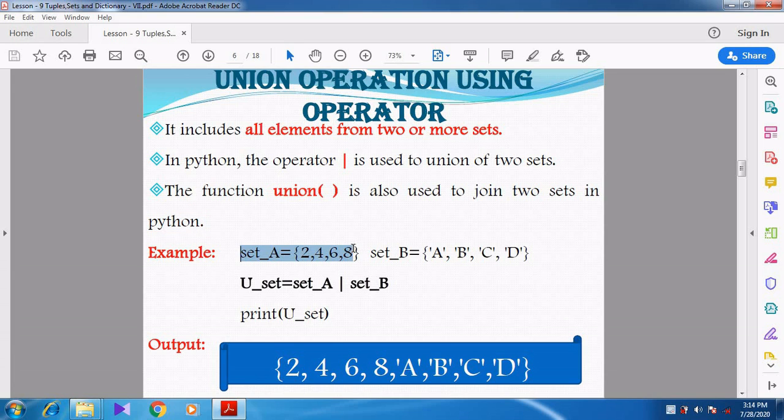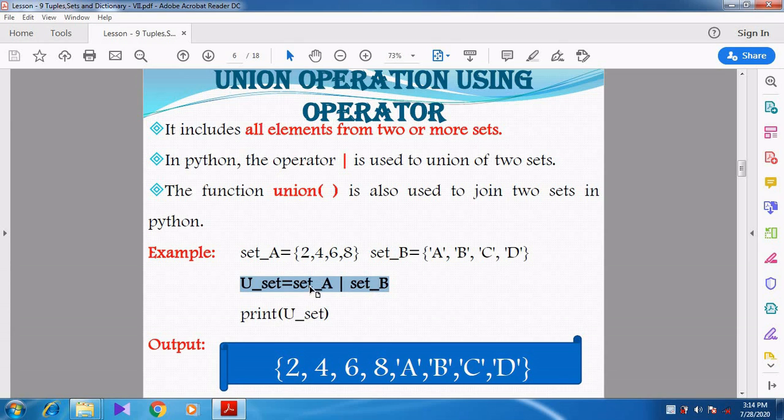Consider set A. Set means the elements should be separated by commas and given within curly braces. Set A is the numbers 2 4 6 8, whereas set B is the characters A B C D. When I go for union operation, union_set is equal to set_A, using the union operator, set_B.